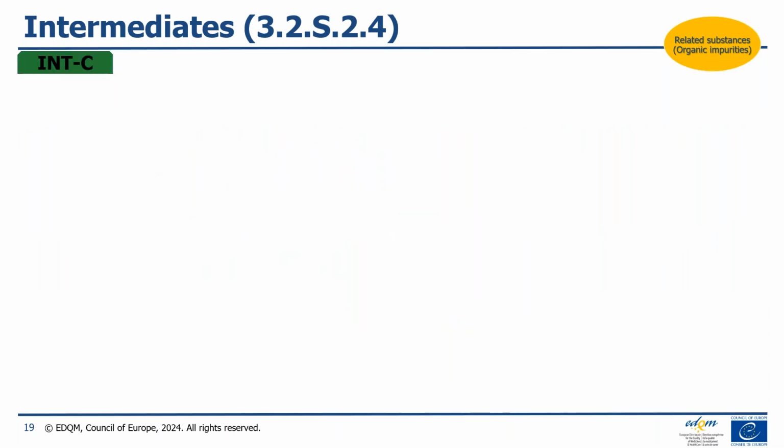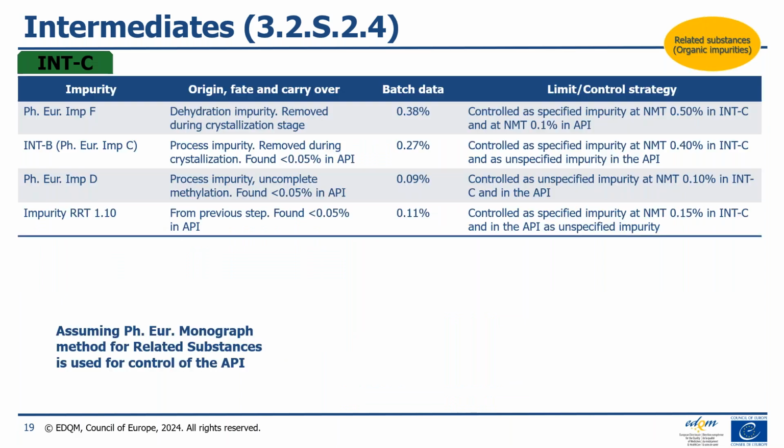The last intermediate is intermediate C. In this one, you found 3 impurities that are found from the transparency list of the monograph. The first one is impurity F. It's removed during crystallization stage. It's present at 0.38%, and this one can be controlled at up to not more than 0.50% in intermediate C,